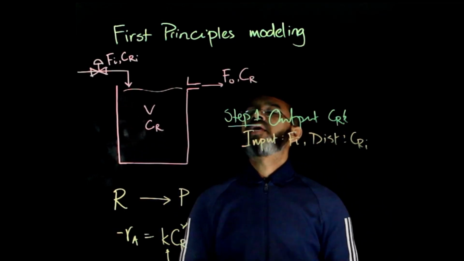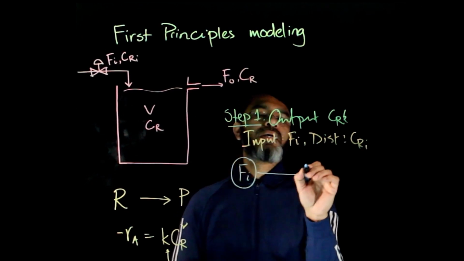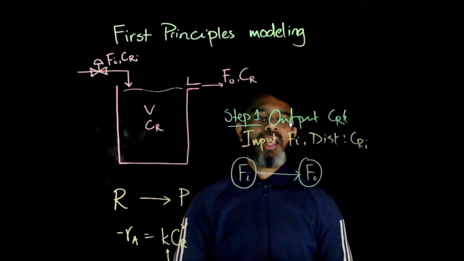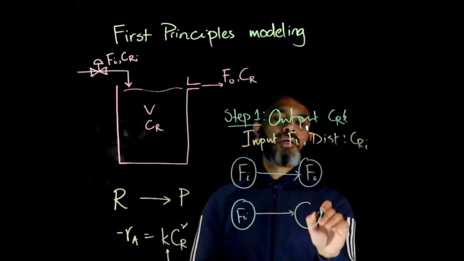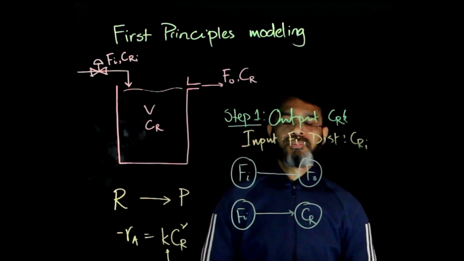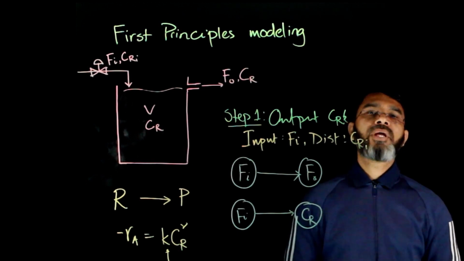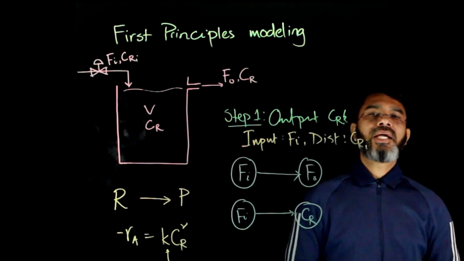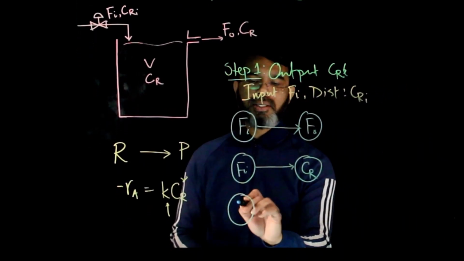Now from process knowledge, you can think about if there is a change in Fi, that will have an effect in Fo, outlet flow. So that equation, one equation we will have. Also if there is a change in Fi, that will affect CR. However, CR may also have an effect on the CR itself, meaning that the rate of reaction depends on the concentration of R, and in that way, with the increase and decrease in CR, rate of reaction will increase or decrease, and that will also affect the variable itself. So there is a link between CR